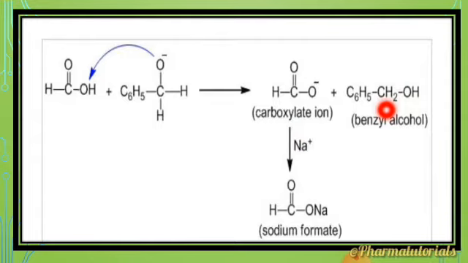Okay, so all of you understood? The advantage of the cross-Cannizzaro reaction is that an aldehyde is treated with formaldehyde. Here, the formaldehyde is oxidized to sodium formate and the required alcohol is obtained from the reduction of the other aldehyde. Since both aldehydes used are completely converted into the required products, there is no wastage of valuable chemicals. Okay, understood?